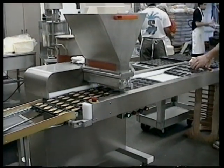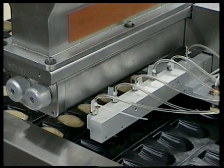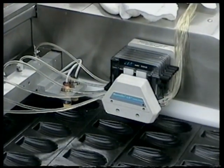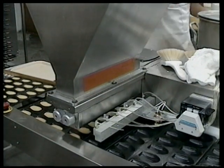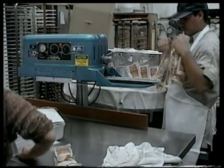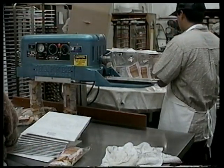Production Robotics built this machine with a minimum number of moving parts and no O-rings that need routine replacement. All bearings are permanently sealed with FDA-approved grease. There are no lubrication points. The result is a reliable, low-maintenance machine that has dramatically increased both throughput and the quality and consistency of Don Sumor's product. Because increased throughput had overwhelmed Don Sumor's manual packaging line, the bakery asked Production Robotics to develop a